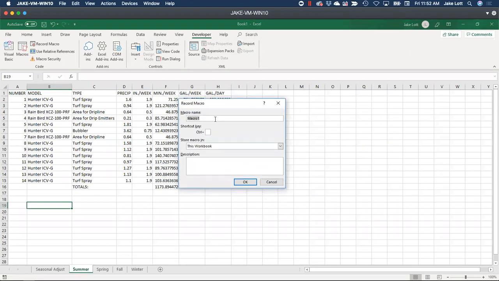We get this dialog here, and we're just going to say Format_Cells. Now, anything in Excel where you are recording and coding, spaces are not allowed. So you would hold Shift and a dash for an underscore so that you can keep typing. Otherwise, it's all one word or that underscore. And I want to make a little shortcut key so we can just test it. So every time that I hit Control F, it's going to fire this macro.